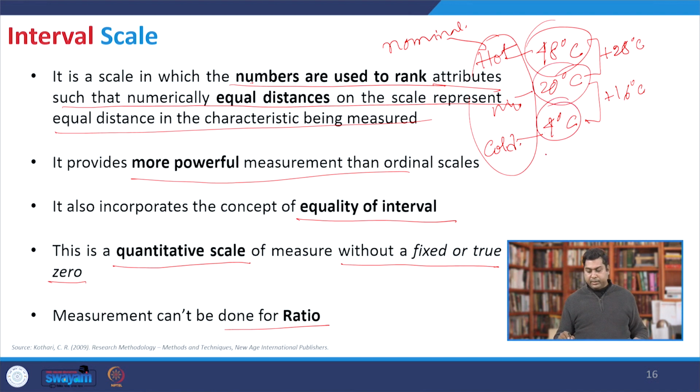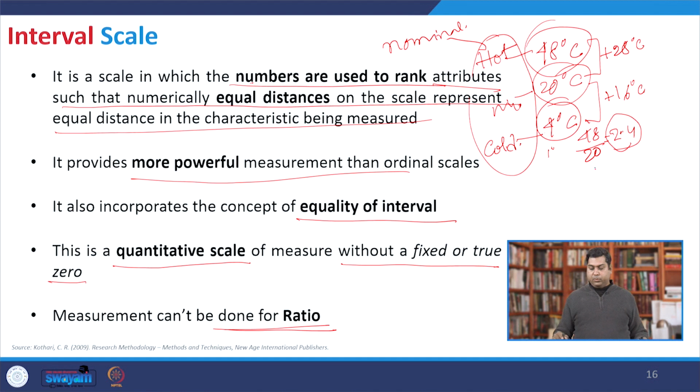So, you can have equal intervals, so 1 degree change and all. So, this is something where change is possible, but in such cases the ratio is not possible. That means we cannot say 48 degrees divided by 20, so the value will be 2.4 times. This 2.4 times higher, we cannot say in case of temperature, because it is not meaningful,